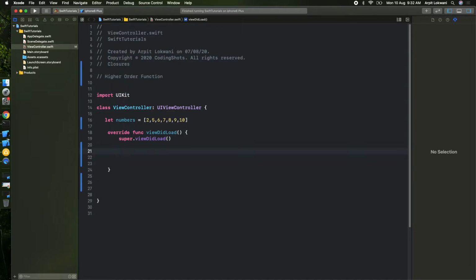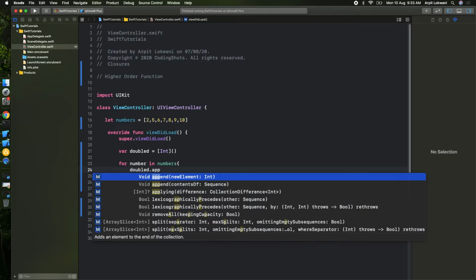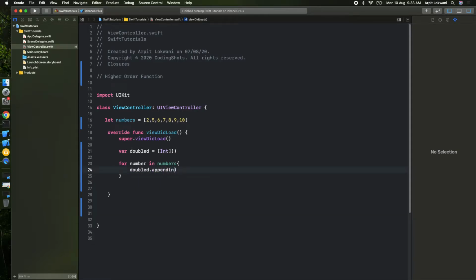So you need to create one array of type Int array, then run a simple for loop for number in numbers array. In one line we will append number multiplied by 2, or 3, we can say 3 is better, and last but not least we will print.